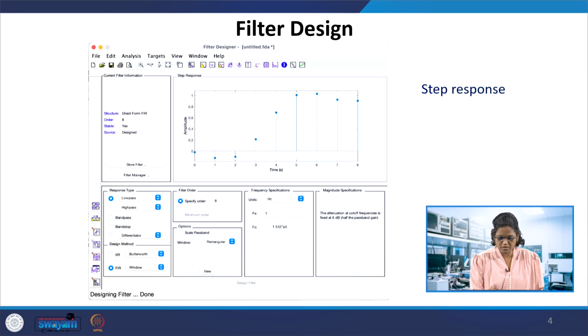So if you give the step response, you can take it from the FDA design. So given the filter response, this is going to be settling at 1. This is the step response of the filter, if you give the step input to this filter, what would be the response? Okay, so if you give the impulse input to this filter, what would be the response? So that's what this curve shows here. So you can get the filter coefficients, step response, as well as impulse response.